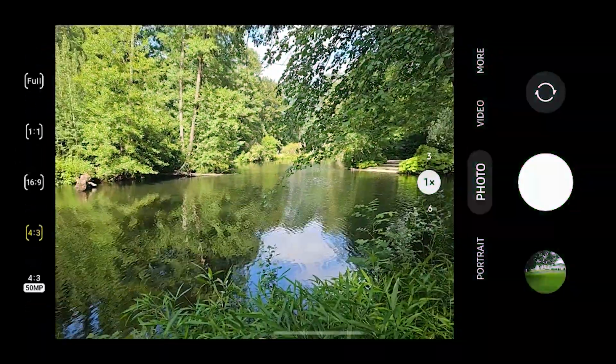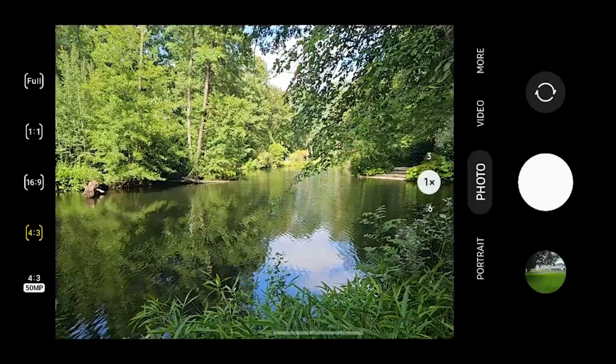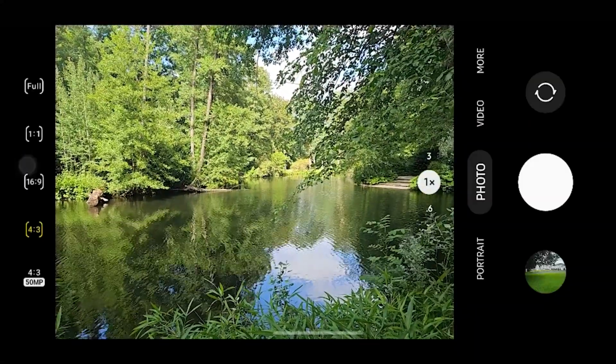The next one is picture size. For picture size, you have some options. For example, 3x4, 1x1, 9x16. 3x4 is suitable for Instagram posts. And when you shoot in portrait mode, you can have a big photo on Instagram feeds. The next one is